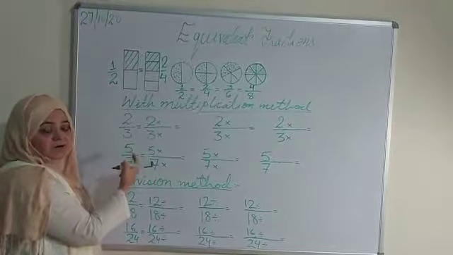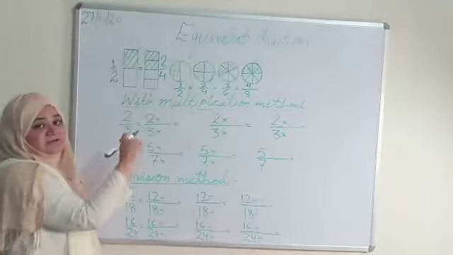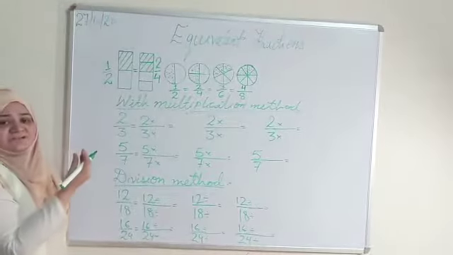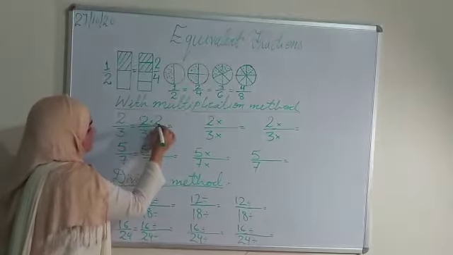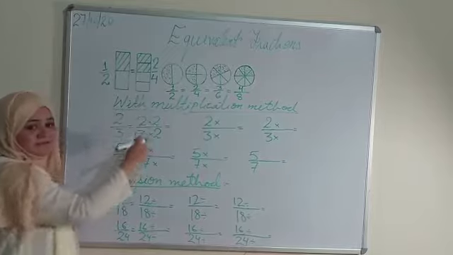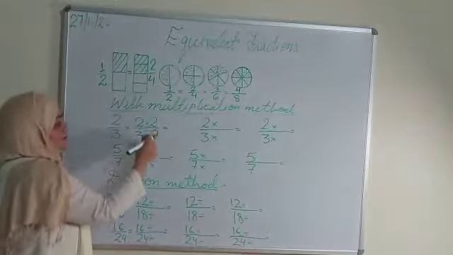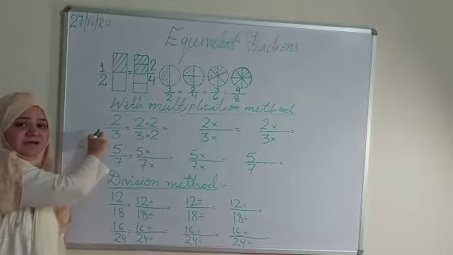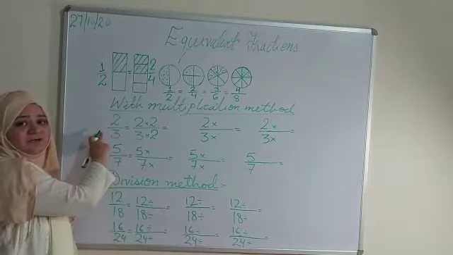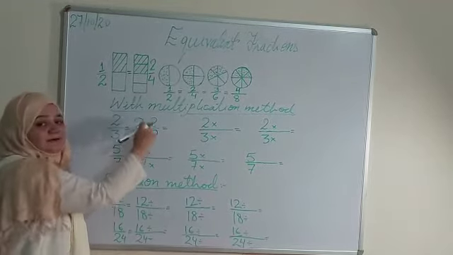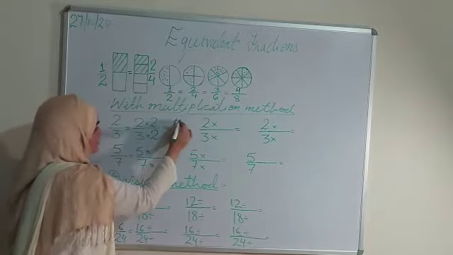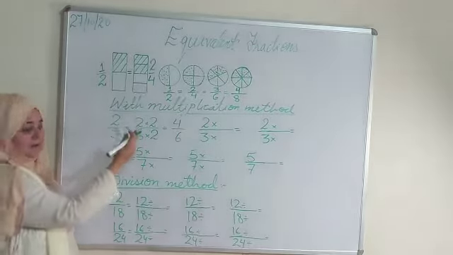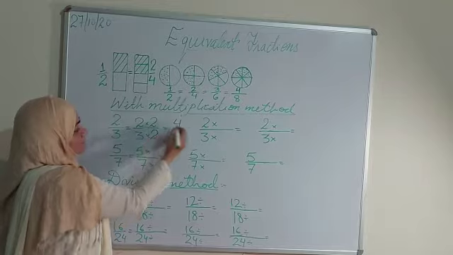No difference at all. To bring a difference, what will we do? We will take the next smallest number. We can multiply it with the biggest, but the job becomes simpler when we take the small ones. So we are going to multiply it by 2 at both the places. When you give equal weightage to both the places, you will get the same value as earlier. It doesn't bring any change. It gives you an equivalent fraction because that makes it equal. How? 2 2s are 4 and 3 2s are 6. Both are doubled. When we multiply it by 2, we get 4 upon 6.